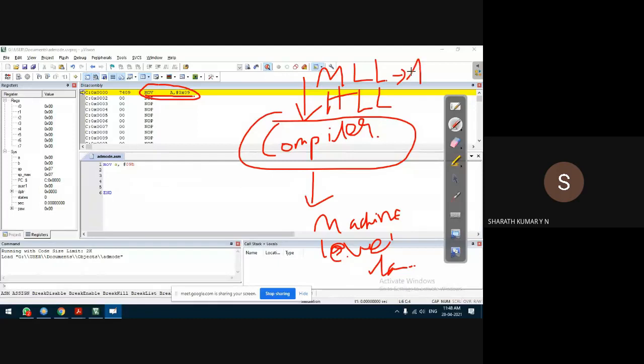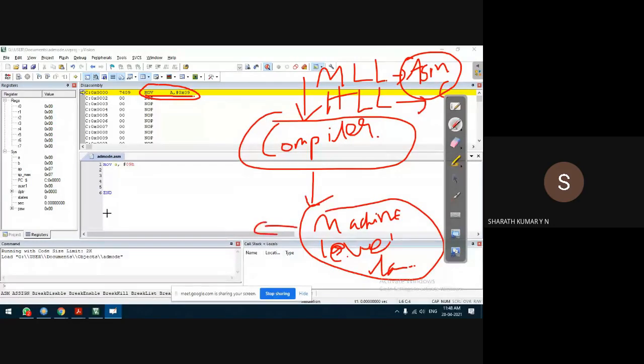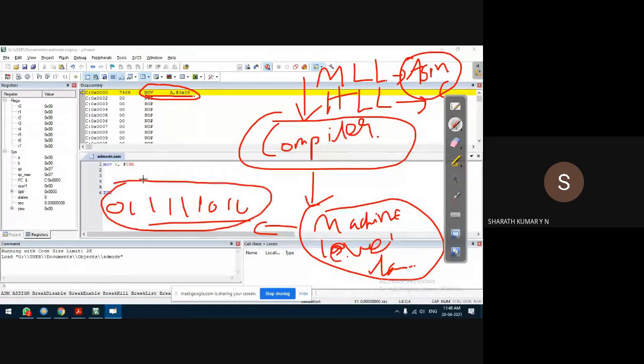For example, an assembly program comes under medium level language. A C program comes under higher level language. So programs written in either assembly language or C language are converted into machine code. What is machine code? Zeros and ones, which the microcontroller or processor can easily understand. This binary representation of the program we have written is shown in the disassembly window.